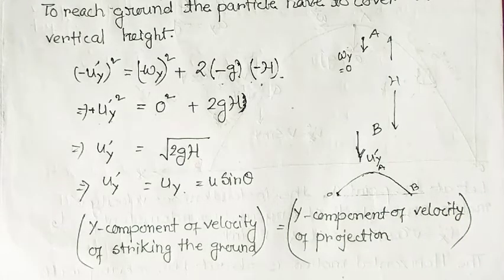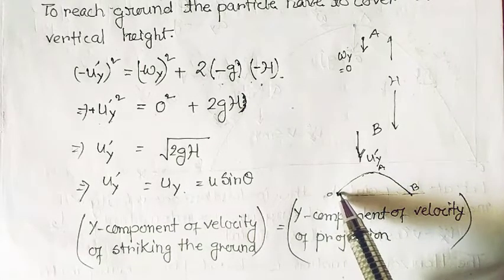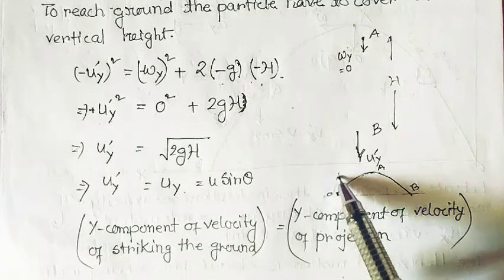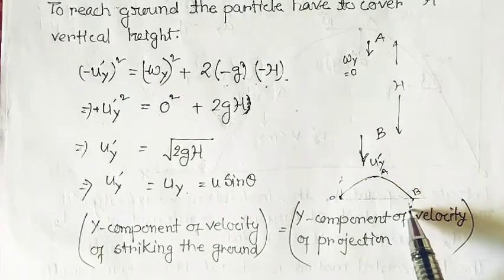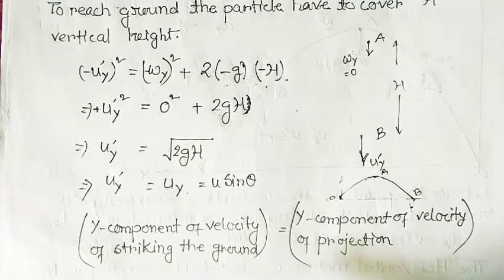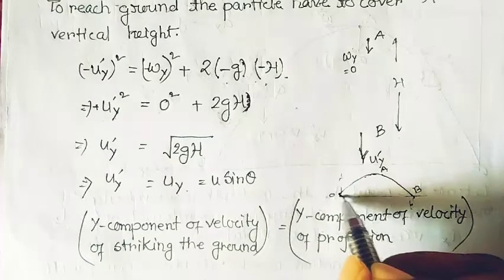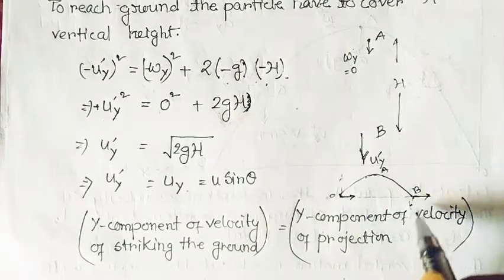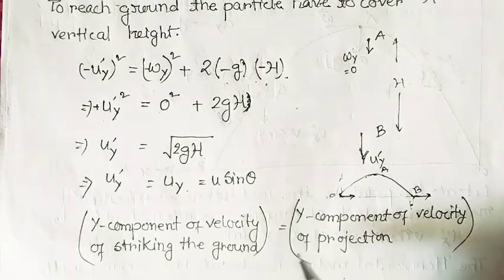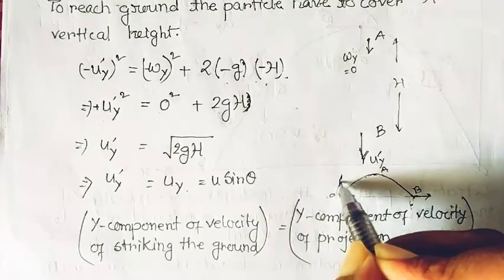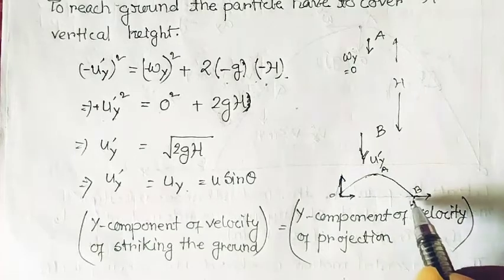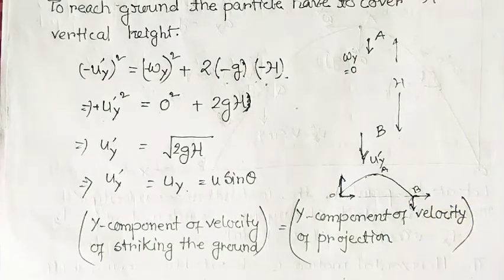So it somehow indicates the case of conservation of energy. So the velocity along this component and the velocity along these axes are equal. It is not changing. And if I talk about the x-axis, the velocity along this x-axis, along these directions and along this direction, remains unchanged throughout the motion. Just the y component of velocity at the time of projection is in these directions, and the y component of velocity when it is striking the ground, it is along these directions. These two are